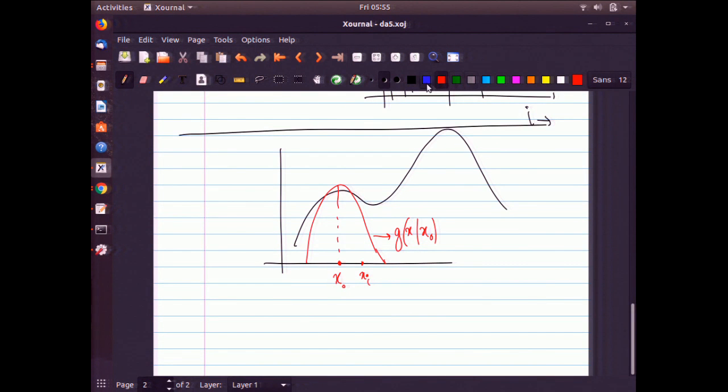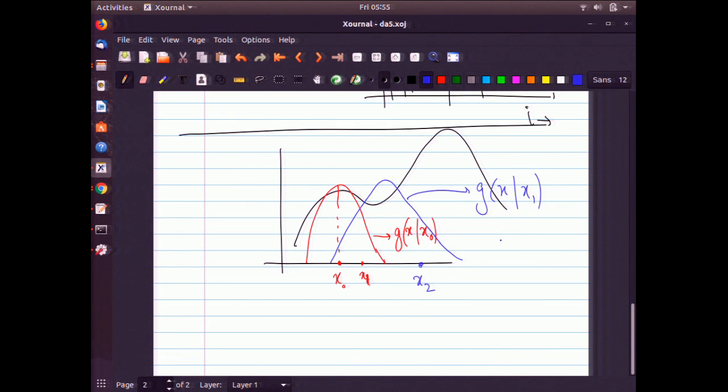When you sample x1, sorry, it should have been x1, you may have a different distribution around x1. Okay? And you use that to sample x2. This is g of x given x1. Is that clear? Rather than having one importance function, which is what we did there, one strategy would be,